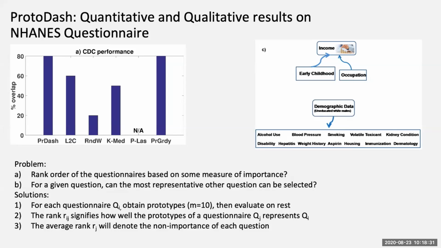So in the right panel, it is showing the most important features or questions that are related to income. And it turned out that the topmost two features are early childhood and occupation. The occupation is intuitively related with income. The early childhood also has been reported to be a determinant of income, as an indirect factor measuring a person's